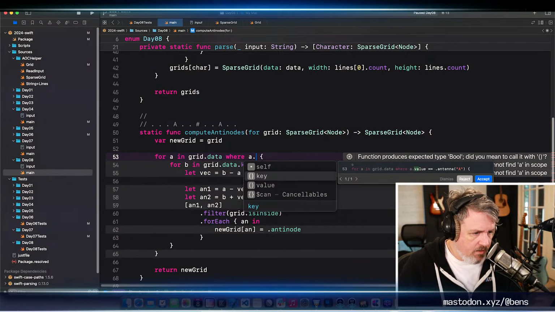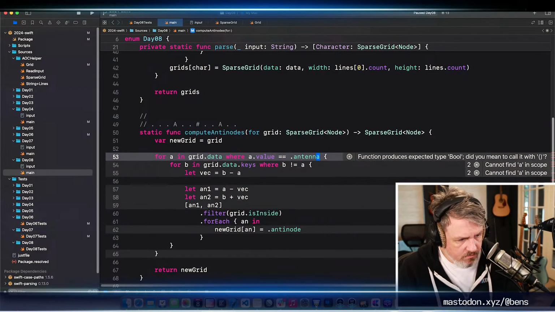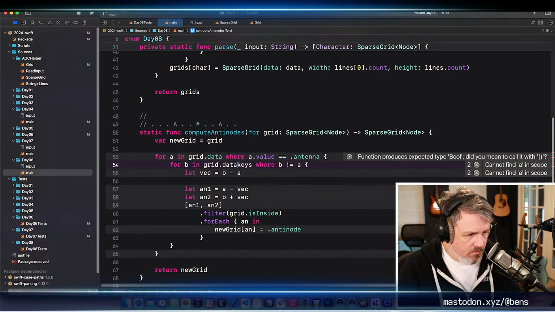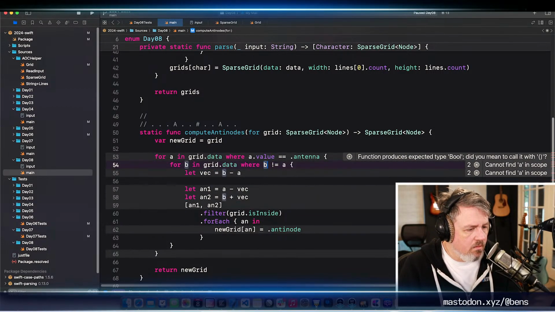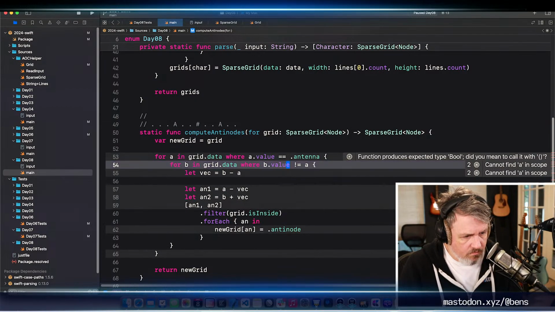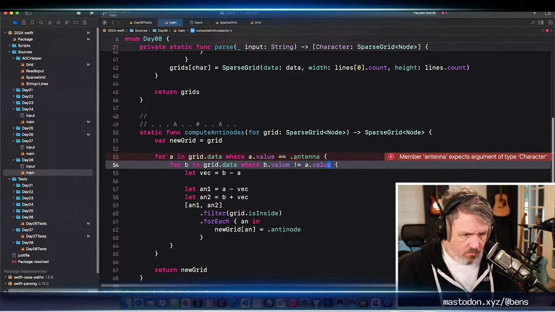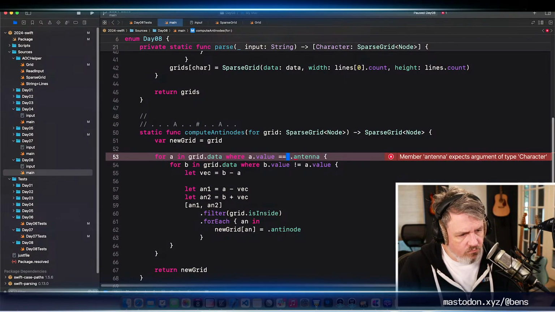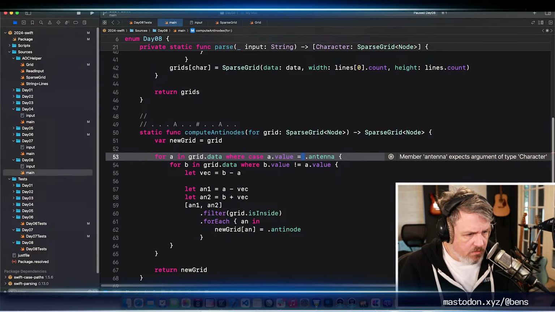If I do a dot value is an antenna. Where case a dot value equals antenna. Can I do that? No.